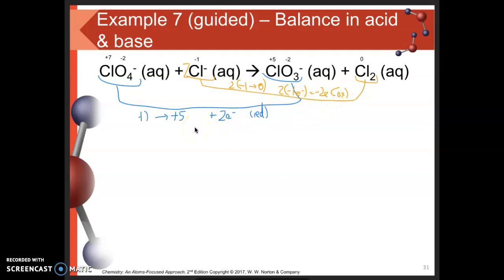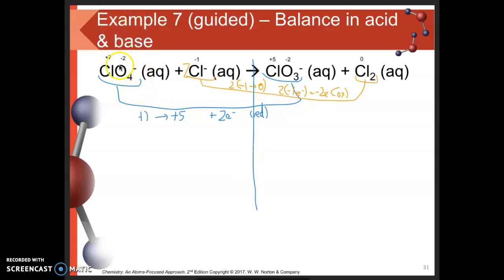Now this is still an oxidation, but why that's important is now when I'm getting into that third step, I'm comparing the change of charge that is moving. I can see that this blue reaction gained 2 electrons, and this orange reaction lost 2 electrons. And since the number of electrons gained and lost hasn't changed, we're good from that standpoint. We don't have to do anything further than that. The only thing that is left to do is to evaluate total charge. To evaluate total charge, I got to cut this thing in half